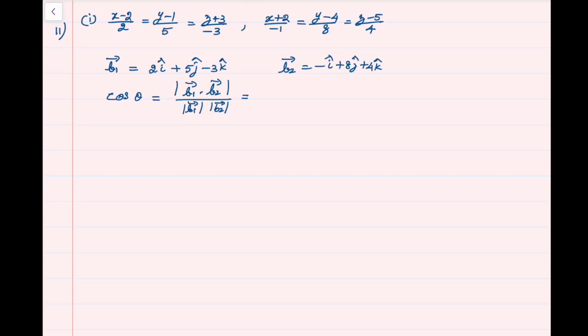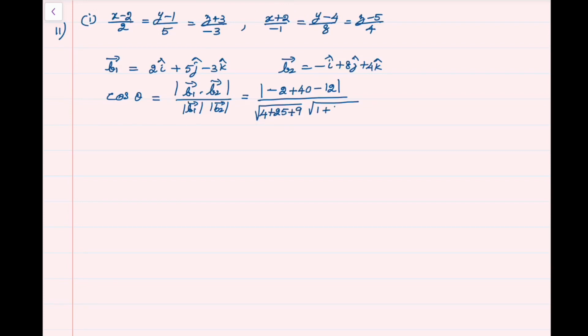So dot product of b1 and b2, multiply the corresponding components and add: minus 2, plus 5 8s are 40, minus 3 4s are 12. Absolute value of this divided by magnitude of b1 vector, root of 2 square plus 5 square plus minus 3 the whole square, times root of